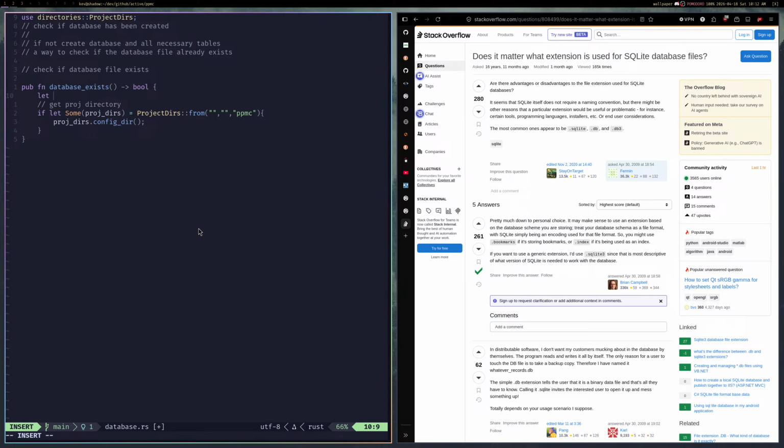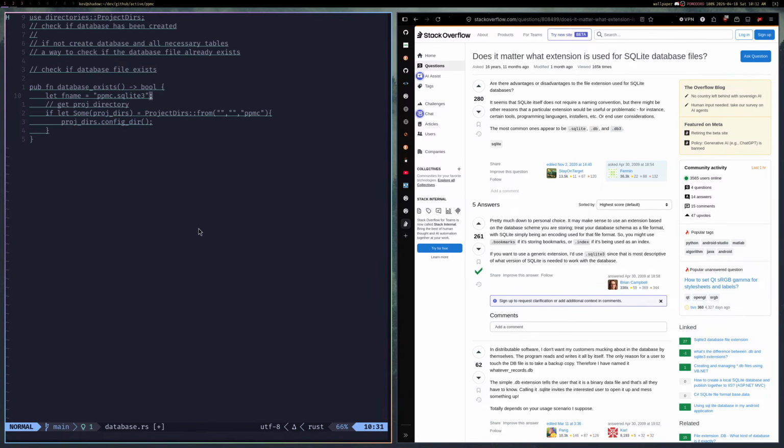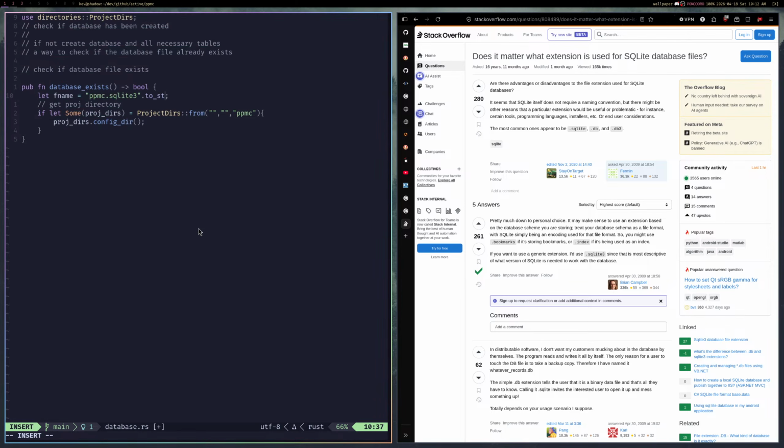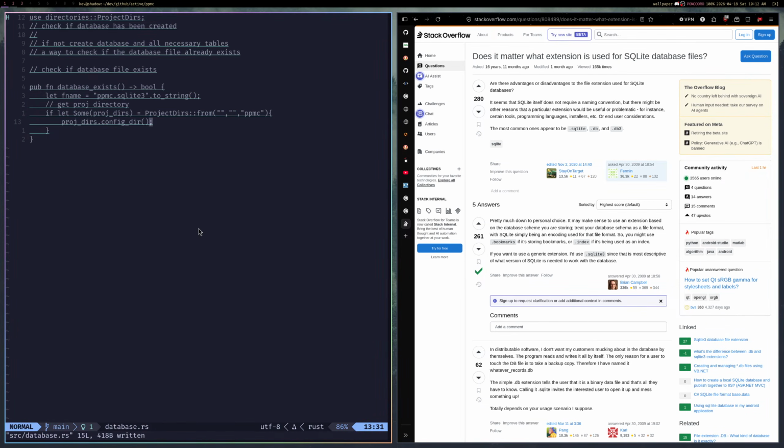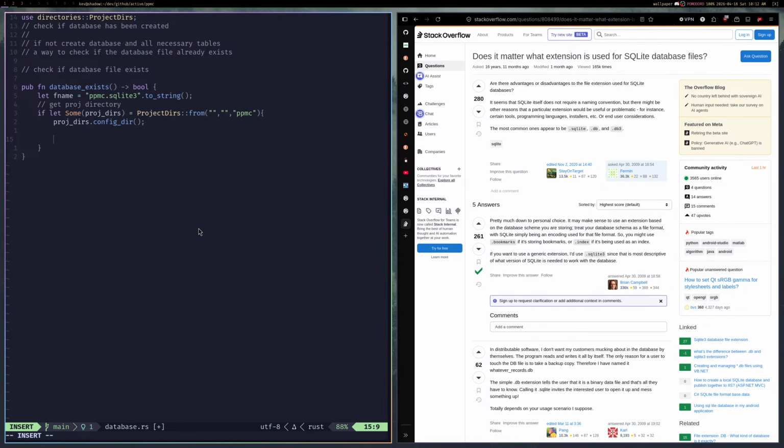File name, so fname is equal to, in this case I'm going to name it ppmc.sqlite3. And then I want this to be .to_string. And then I want to let the entire path, so let path equal